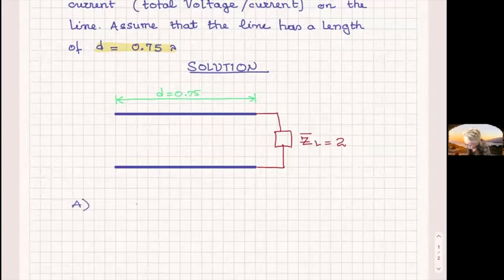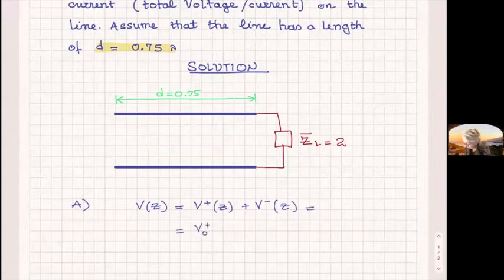We know that V of Z total has two parts, V plus of Z plus V minus of Z. And this is equal to V naught plus e to the minus j beta Z plus V naught minus e to the j beta Z. And also